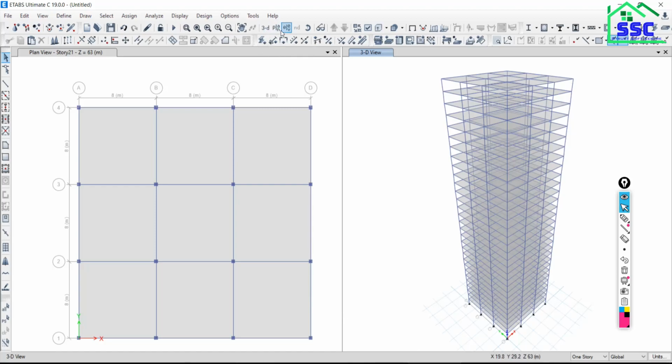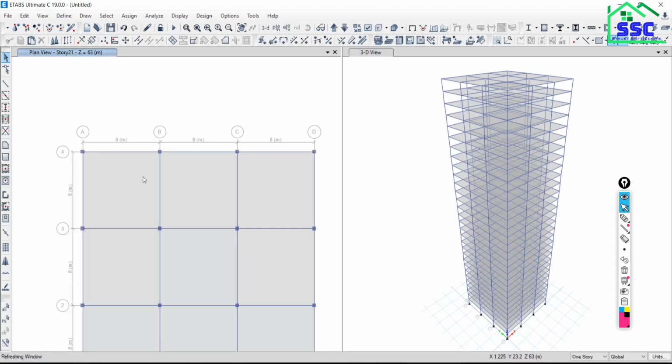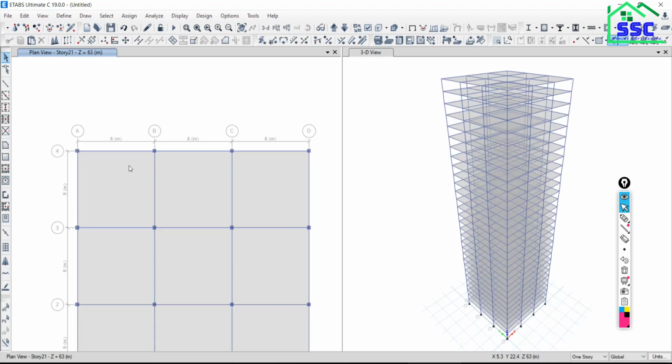So this is the application of plan view, 3D view and plan option, 3D option and elevation. Suppose I would like to see the elevation along the grid first.